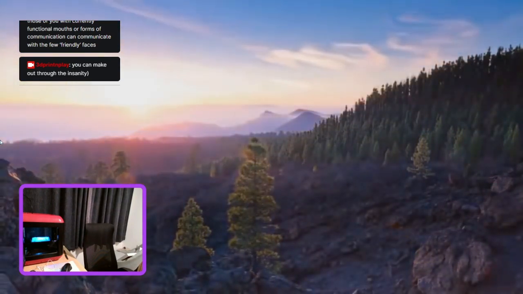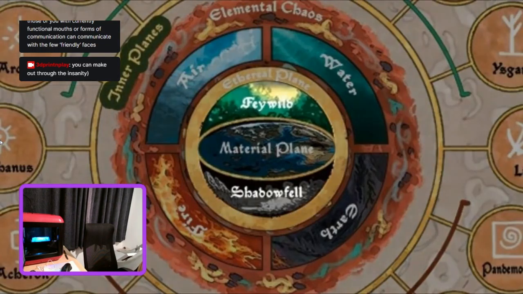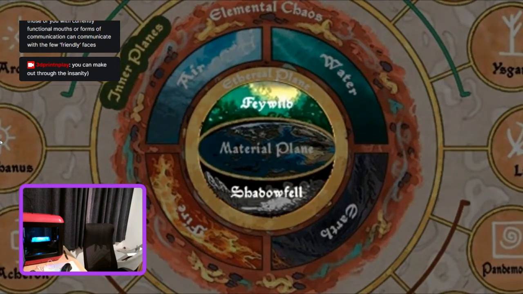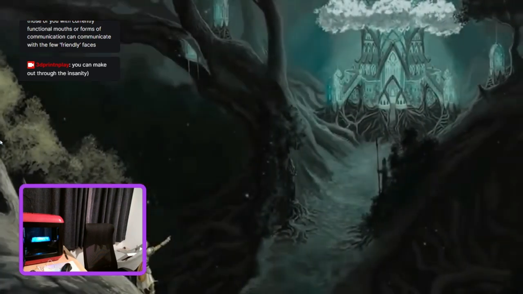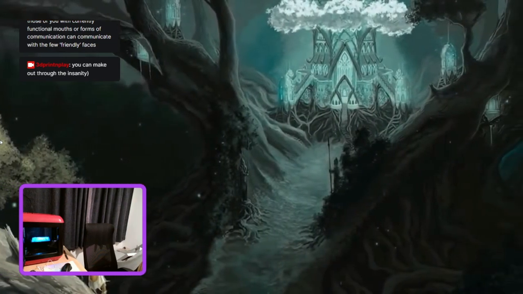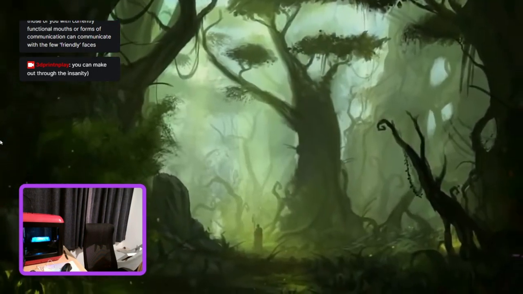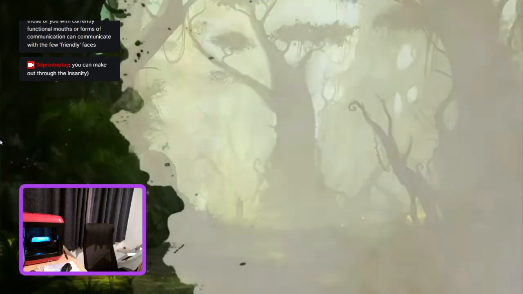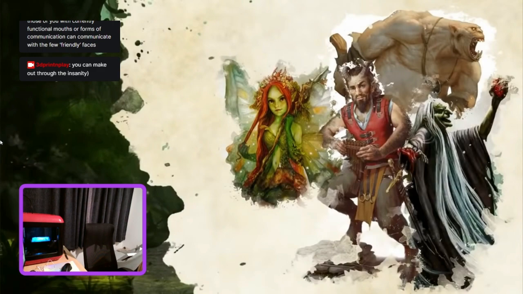Echoing the Material Plane are the Shadowfell and the Feywild, two planes that simultaneously exist alongside the Material. They are like layers on top of the Material Plane, only leaking through tears and portals. The Feywild overlaps the Material Plane. Inside its boundaries are large forests where playful creatures wander, and flowery fields of mystery hold undiscovered splendor. Here we find ogres, hags, fairies, satyrs, and all the magical forest creatures from fairy tales running around in open fields and lurking in heavily forested swamps.